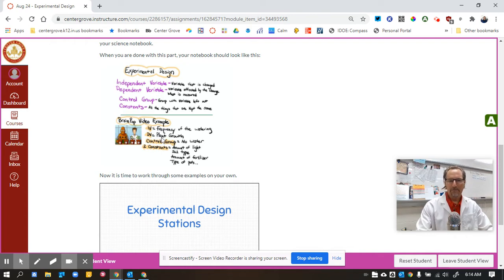the independent variable was the frequency of the watering. The dependent variable was the plant growth. The control group was the group that they did not put any water in. And then a couple of constants were the amount of light that they used, the type of soil was the same, the amount of fertilizer they put in was the same, the type of pots. I mean, we try to keep as much constant as we can, except for that independent variable that's changing,